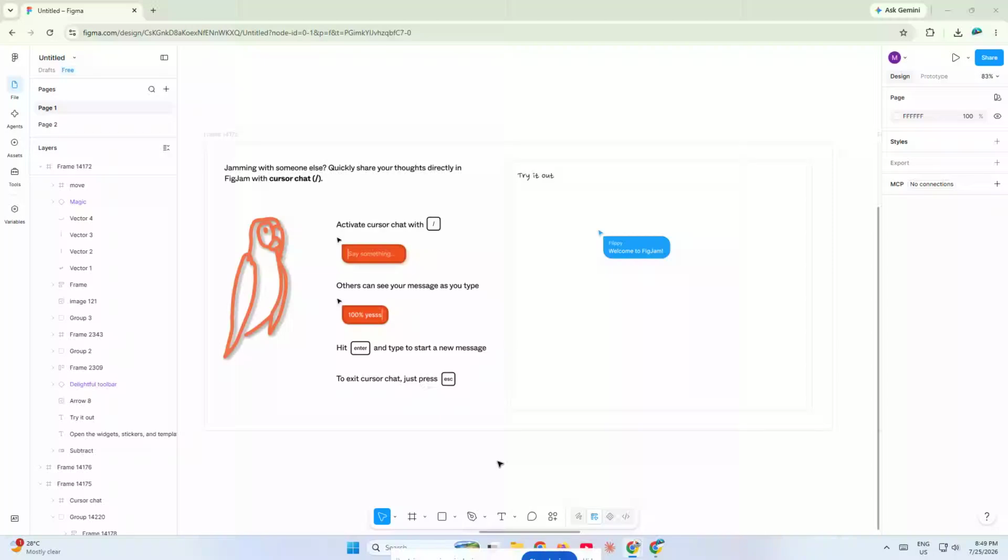If you want to create clean, reusable buttons in Figma, you're in the right place. In this video, I'll walk you through the fastest way to build a button from scratch, make it responsive with auto layout, style it properly, and then turn it into a component so you can reuse it throughout your design. This is one of those simple Figma skills that can instantly make your workflow faster and your UI look much